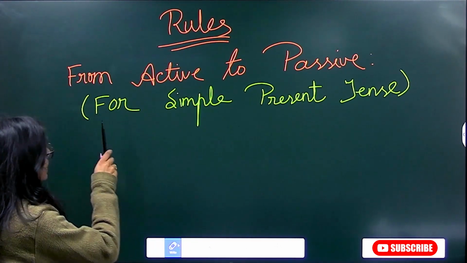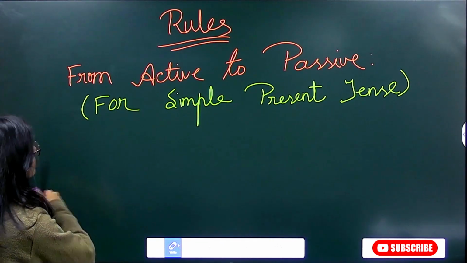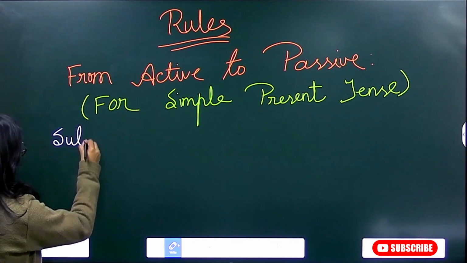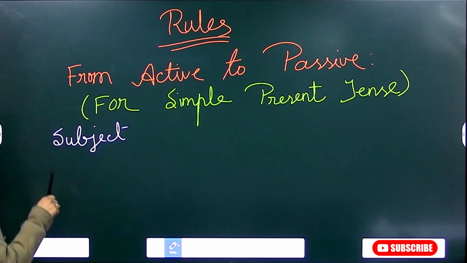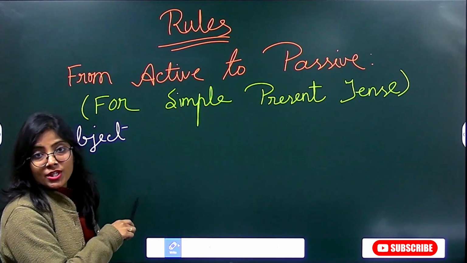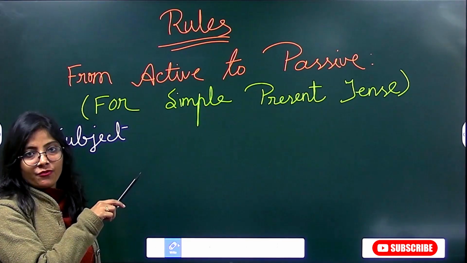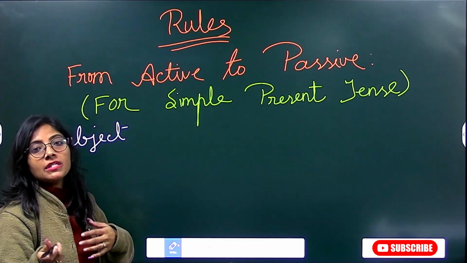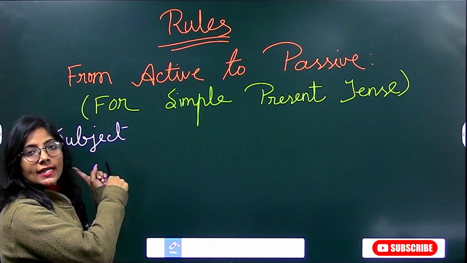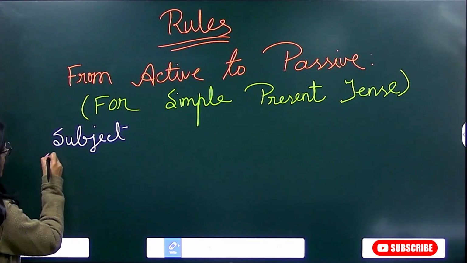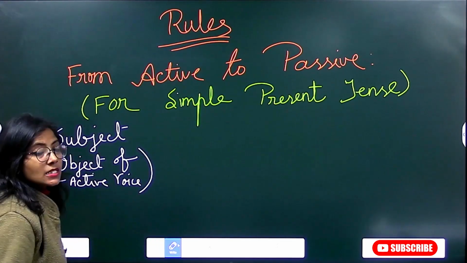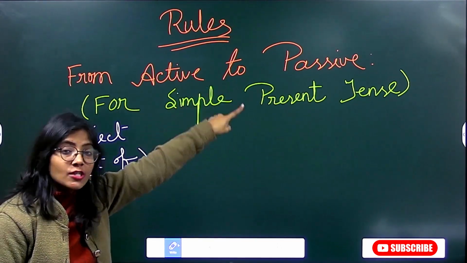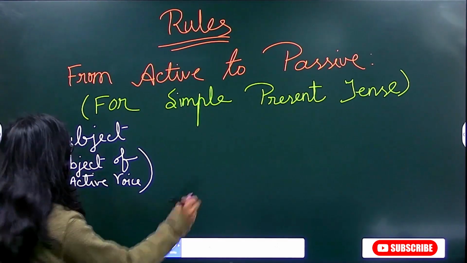See, first thing I'll talk about is subject, which is here. When I say subject, it means object of the active voice. Okay, so I'll just write that in brackets so you can understand. Your subject means active voice में जो object था वो आ जाएगा सामने, वो हो जाएगा subject. So I'll just write in bracket, right? तो active voice में जो sentence था उसका जो subject था, जो उसका जो object था, that will become subject in this case, plus